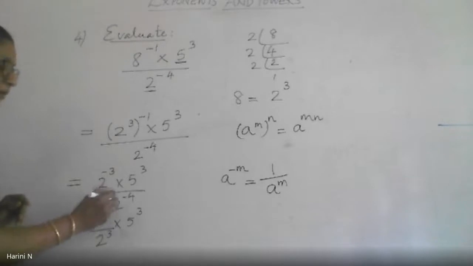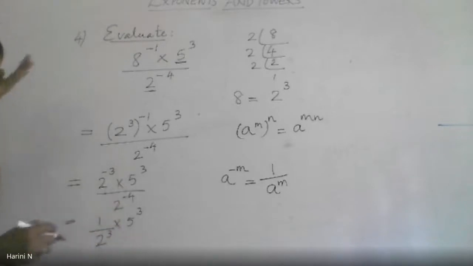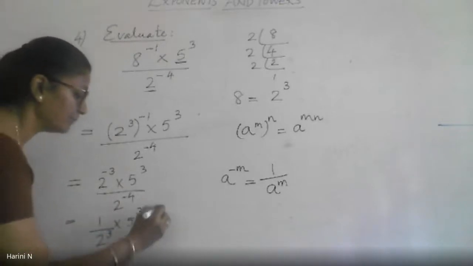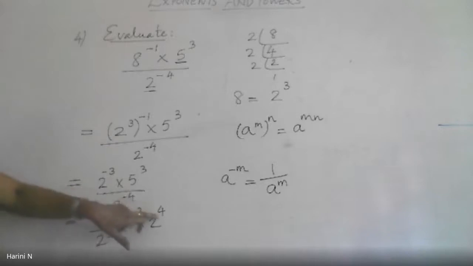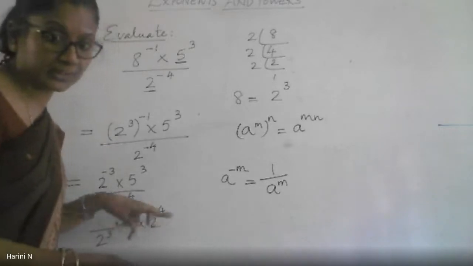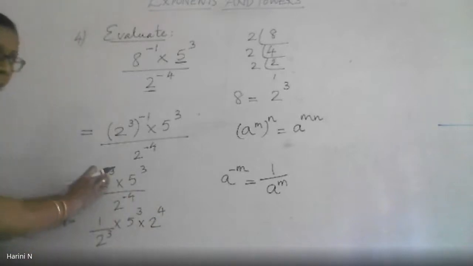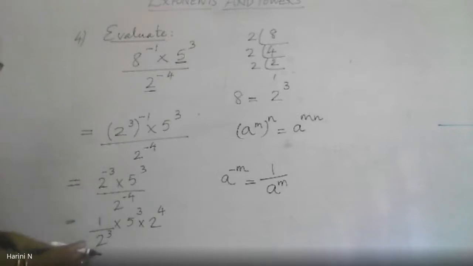To the numerator, you have to write it as 1 by 2 to the power 4. So this will become 2 to the power 4 in the numerator. In the denominator, if it is a negative power, then it goes to the numerator and becomes a positive power, because what we are doing is the reciprocal. Correct? Similarly, if you have a negative power in the numerator, to convert it into a positive power, you have to bring it to the denominator.